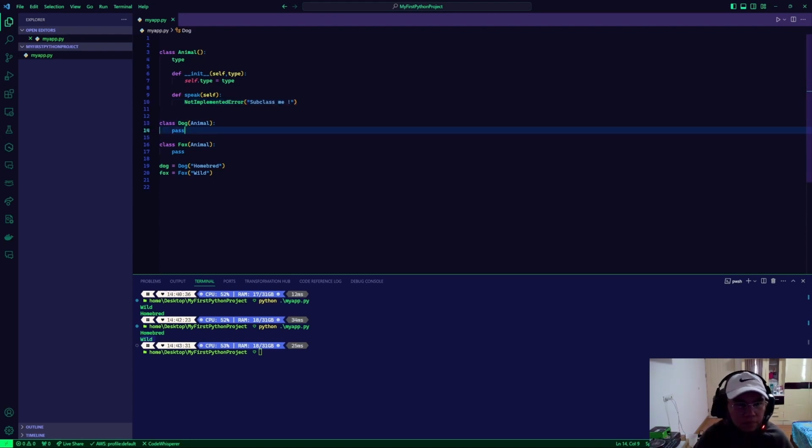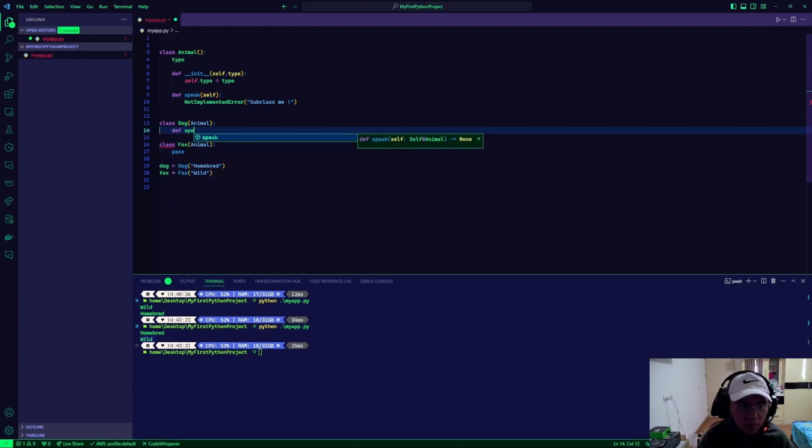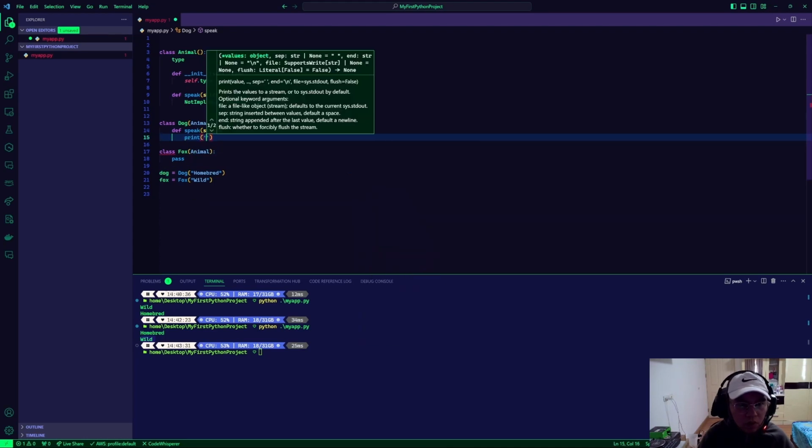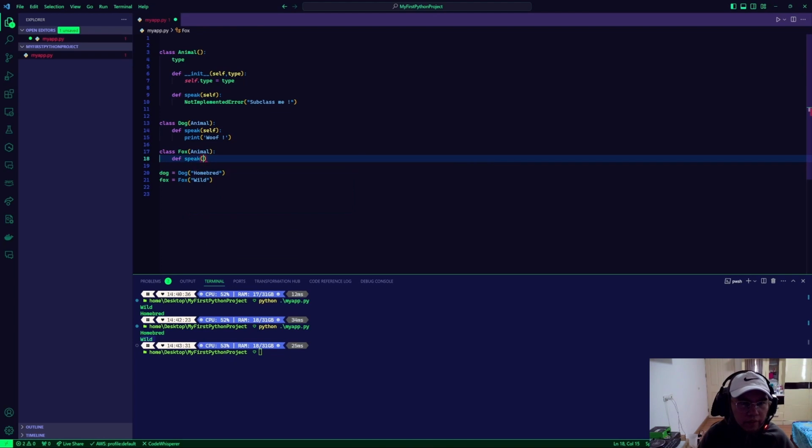So here we're going to override this method speak, because we all know dogs go woof and dogs don't make the same sound as foxes, and foxes don't make the same sound as dogs,